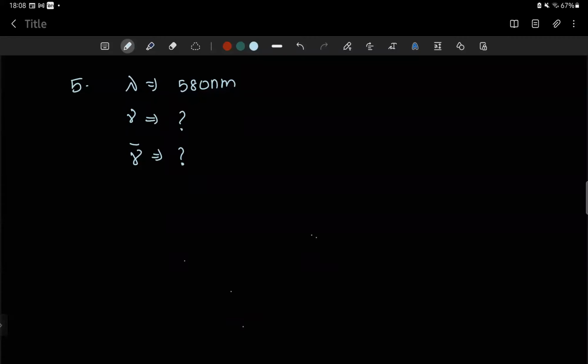What is the formula? V equals to C by lambda. Yeah. So actually the V frequency the mu ன்னு சொல்லுவாங்க. But உங்க bookல வந்து இப்படி V ன்னு போட்டிருப்பாங்க. Actually the mu ன்னு சொல்லுவாங்க. That's fine. Is equal to C by lambda. So we know c is nothing but the speed of light, that is 3 into 10 to the power